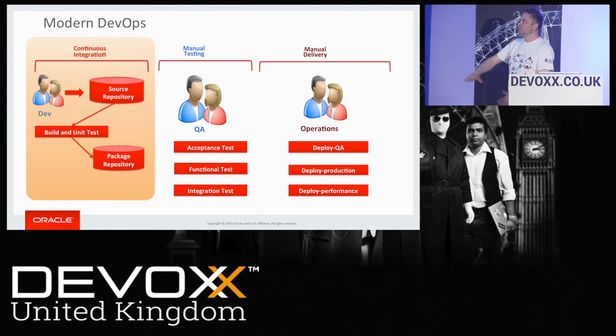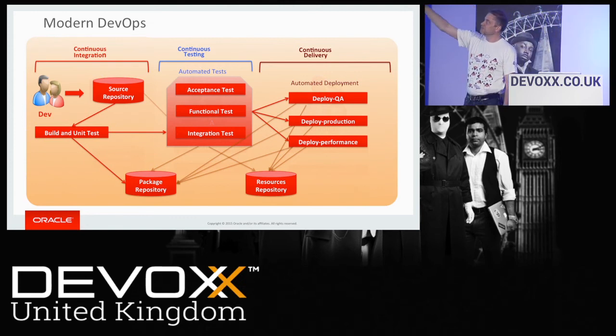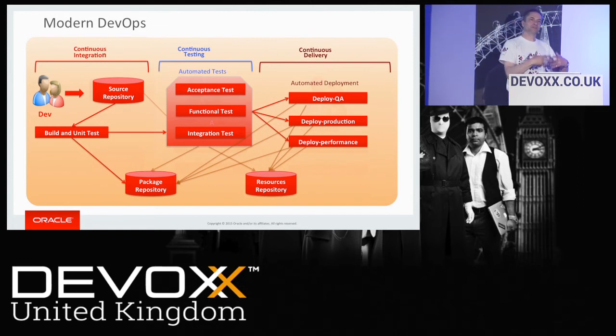That's changed. We're now in the idea of continuous integration. We're doing manual testing, manual delivery. That's what we need to move away from, because in terms of manual testing and manual delivery, we need to automate things to simplify the whole process. And this is what we end up with: continuous integration, continuous testing, continuous delivery. Developers work together. They know what they're working on. They develop the code. They push that into a source code repository. That gets built automatically. There's no more having to do that manually.